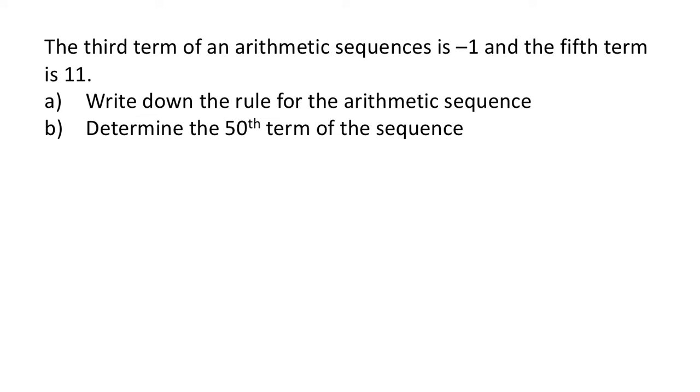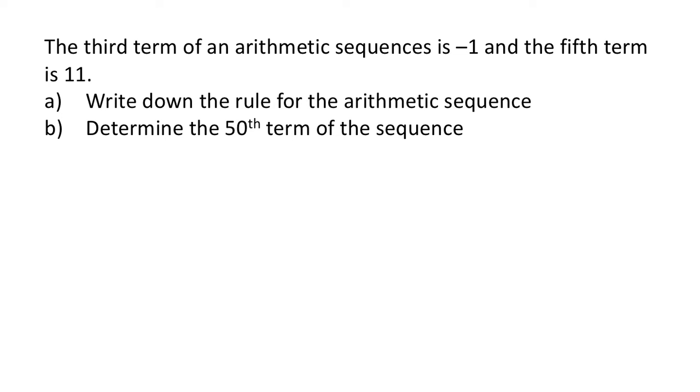within that sequence. So to find the rule, when we don't have the first number, we need to do some additional calculations to determine what that first number is going to be. Because the arithmetic rule is similar to a linear line, and the calculations we used to do for a linear line is similar to what we need to do here. So the common difference that we don't know, because we don't have two consecutive numbers, we always said that that is like a gradient. So we can do a gradient calculation to be able to find what that common difference